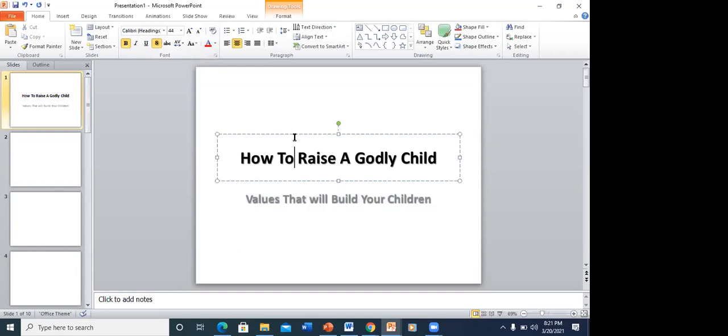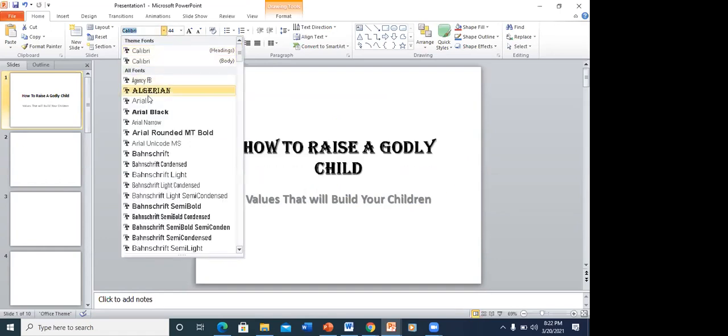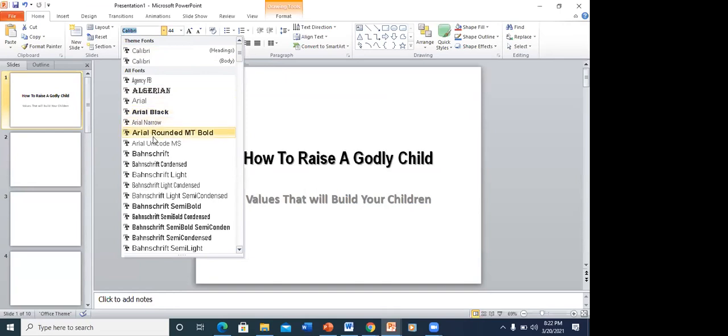Now I've done something very simple on the first slide. I could make it a little more exciting by changing the fonts. The font is the way it is written. Again, I press Control A. I look out for fonts. This is where you have your fonts, where you have Calibri Headings. I click on that and I begin to look out for what fonts I may choose to use. Something bold and something exciting, something different. Okay, I think I like Bahnschrift Light.